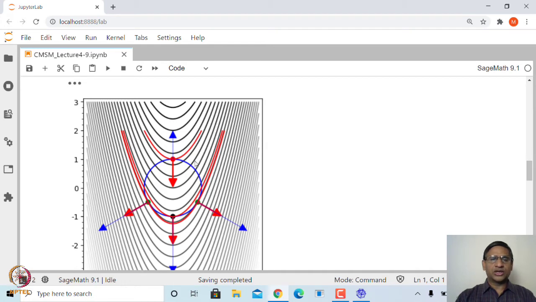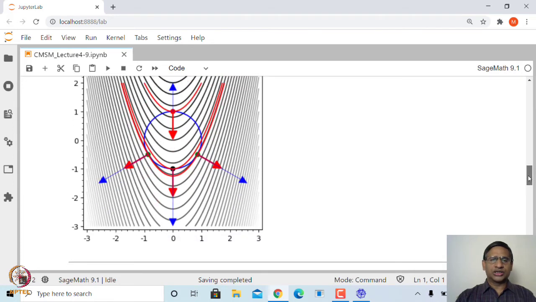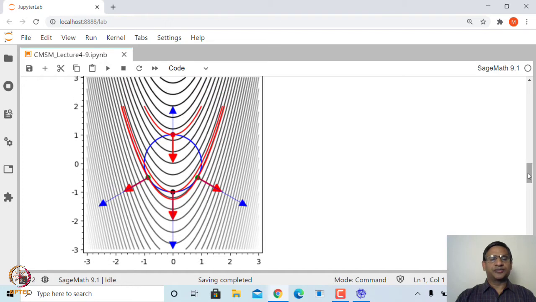So, in particular we are looking for a point on this unit circle, that is g(x, y) equal to 0, at which gradient of f and gradient of g are parallel to each other. Of course, provided we assume that the gradient of g at that point is non-zero. So, that actually gives a necessary condition for a point (x, y) to be minimum or maximum value of f subjected to g(x, y) equal to 0.